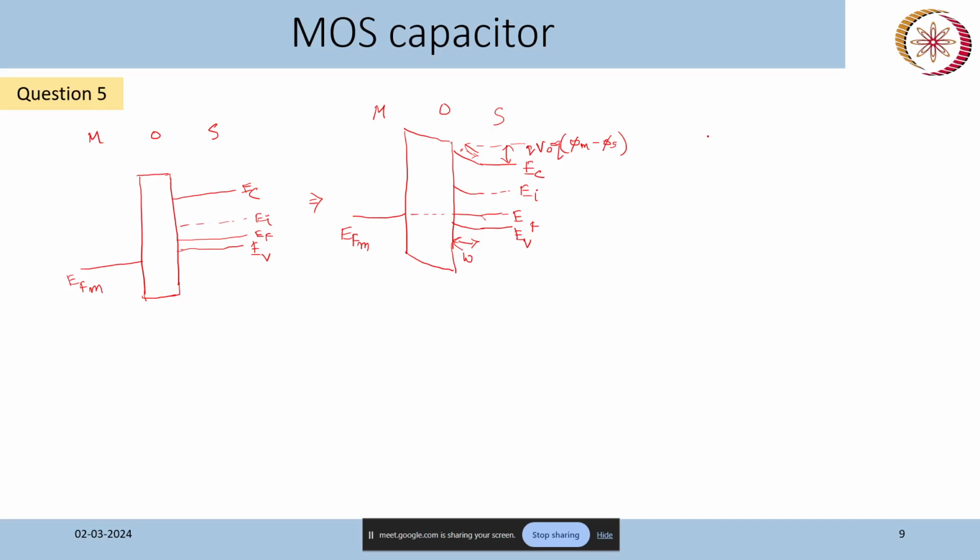Now we can use the formula for a one-sided PN junction or metal semiconductor junction to calculate the depletion width. The depletion width will be in the semiconductor, which is a p-type semiconductor, so it is p-type silicon. So the depletion width will be in this region, on the semiconductor side. So the formula for depletion width is